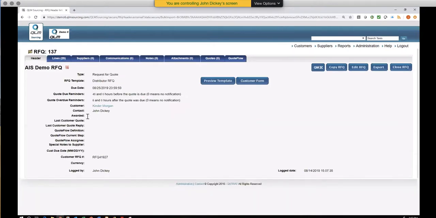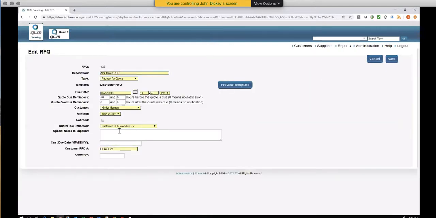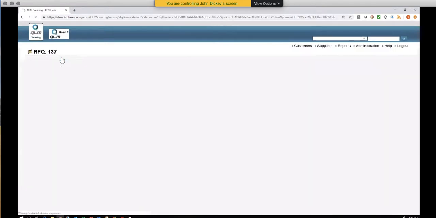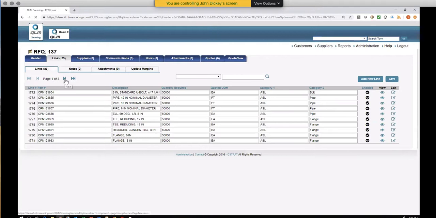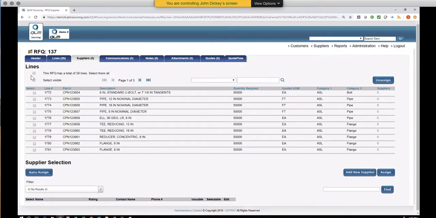I've got all the header information, etc., that was brought in from the spreadsheet, and I can edit that. I can add additional information. I can choose a different workflow, should I like to do that. I can add information that was not in the spreadsheet itself. I can also do that at the line item level. You'll notice I have 29 lines on this particular RFQ, and I can change the amounts, the unit of measure, categories, etc. But what I'm going to do is jump to the supplier selection page, and from here I'm going